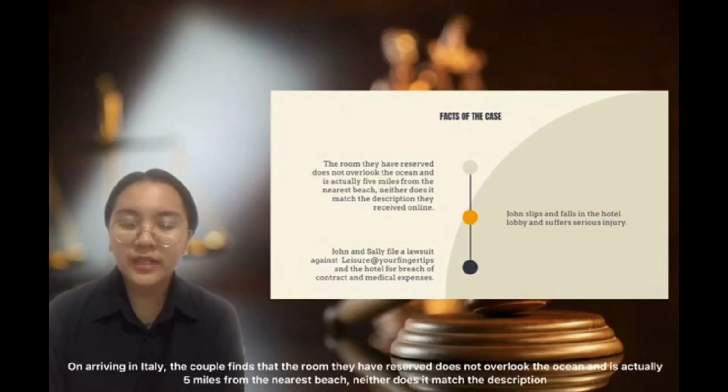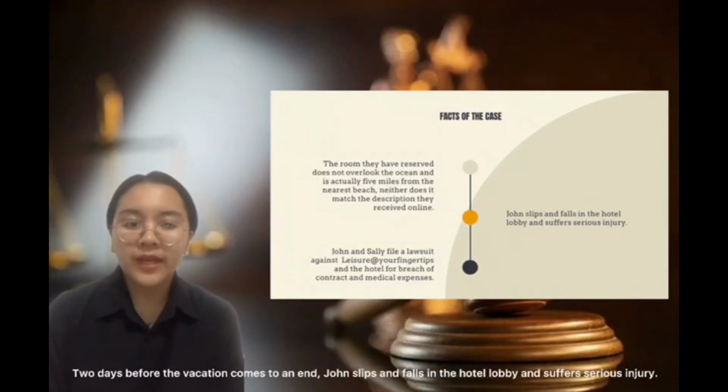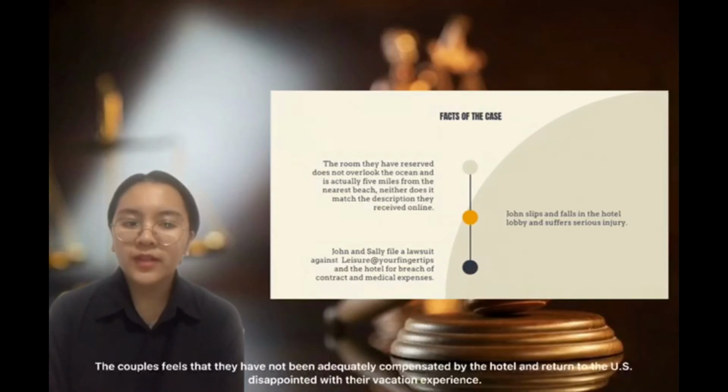On arriving in Italy, the couple finds that the room they have reserved does not overlook the ocean and is actually 5 miles from the nearest beach. Neither does it match the description they receive online. 2 days before the vacation comes to an end, John slips and falls in the hotel lobby and suffers serious injury. The couple feels that they have not been adequately compensated by the hotel and return to the US, disappointed